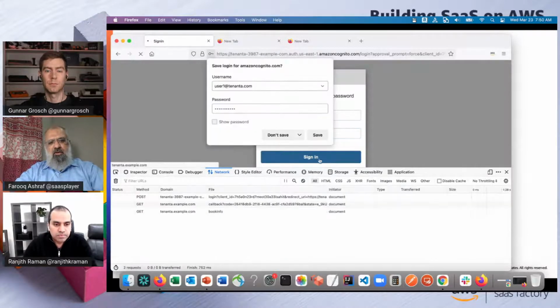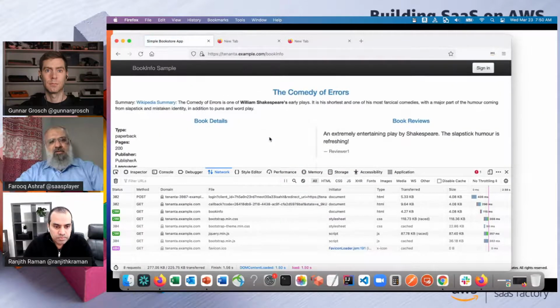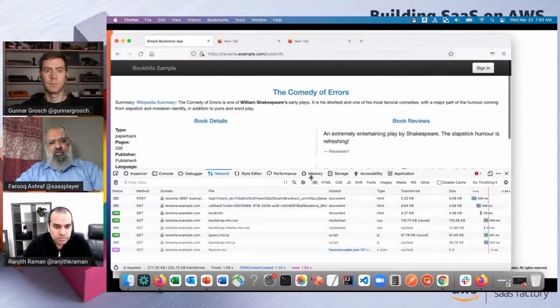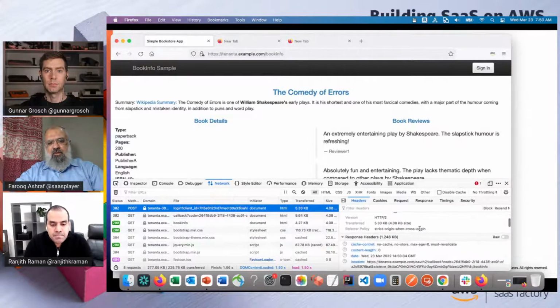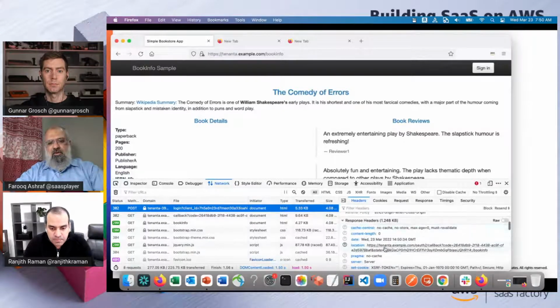And once I log in, you can see that I have landed on the application. Again, we can look at the flow. This is going to redirect me to the actual application, or the callback URL, along with the code, which can be seen here in the response header.